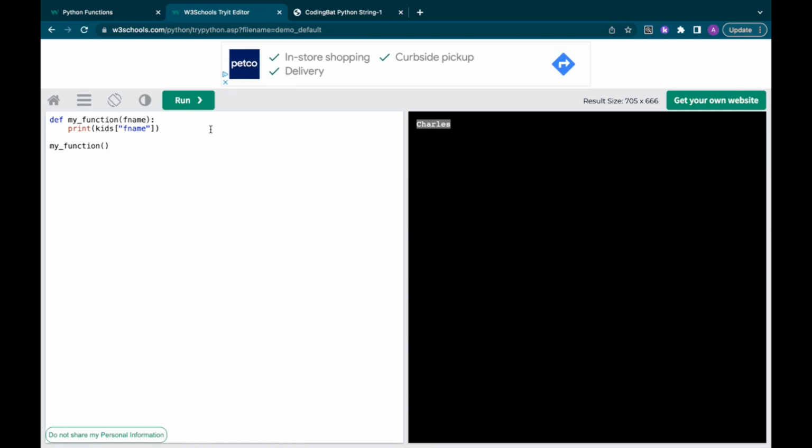You can assign a default value to each of your parameters so that if there is a function with no parameter, it defaults and puts in this value instead. So if we put the default parameter for f name as Charles,